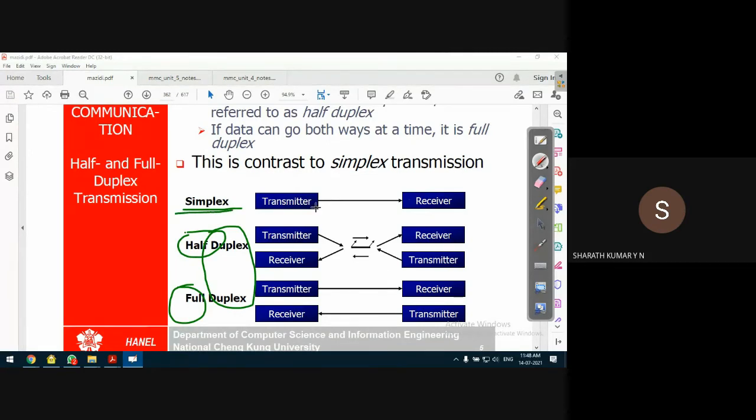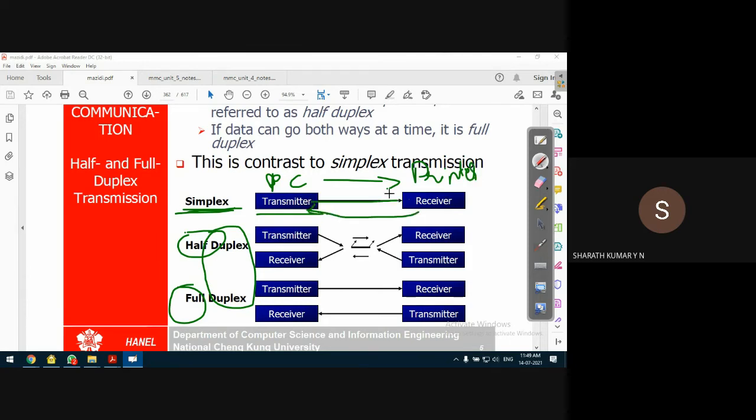The simplex method is very simple. There is a transmitter, for example a PC connected to a printer. Memory will not be the correct example for simplex transmission, since at least with memory you can read the data. The printer cannot send the data to the PC.